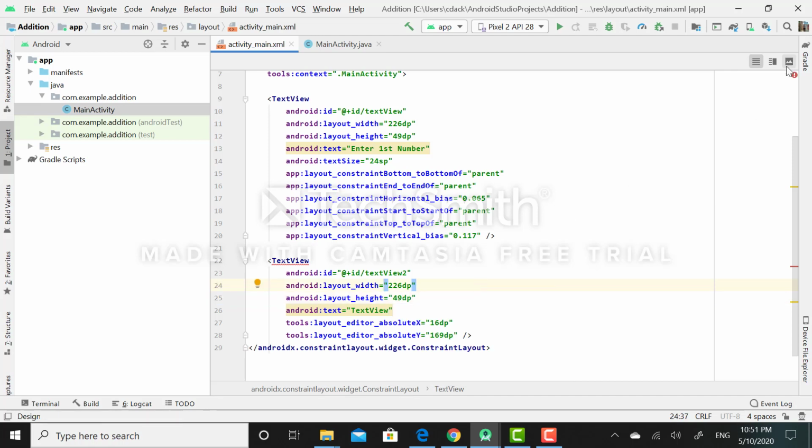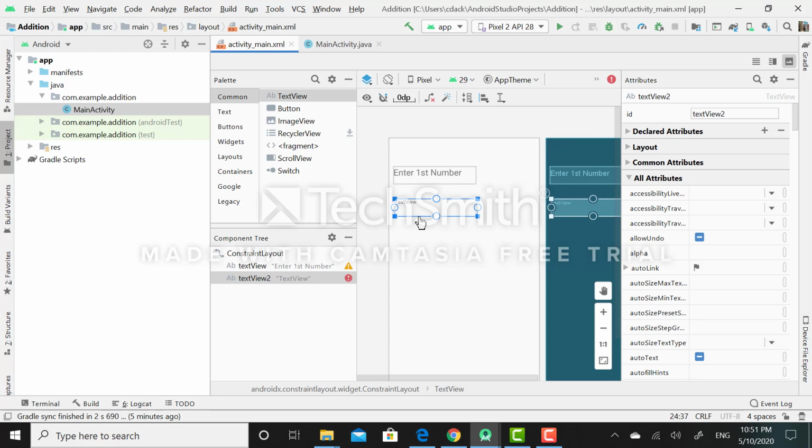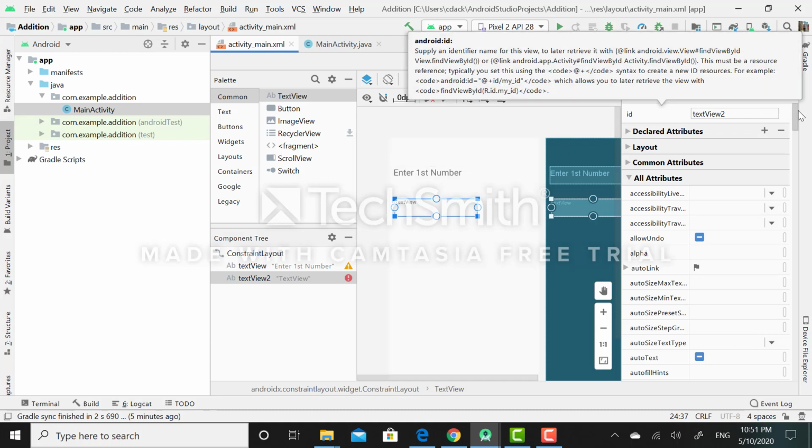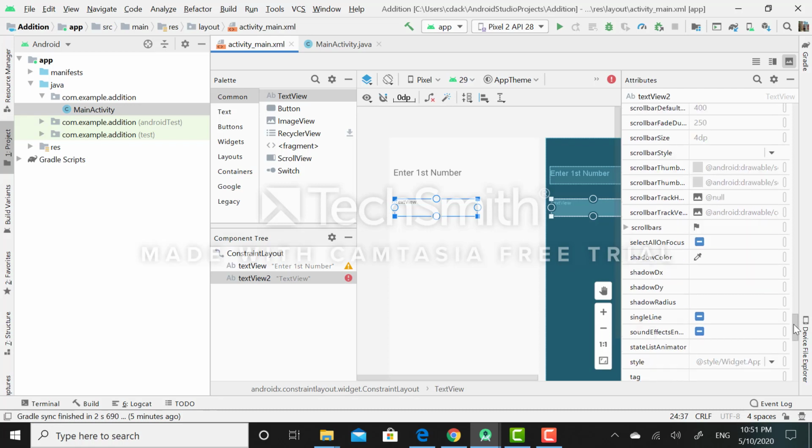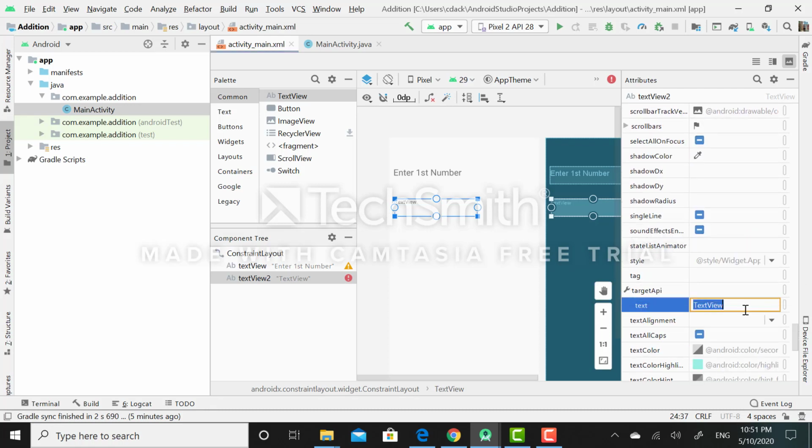Again I will switch back to the design mode. Now you can observe that both widgets look alike. Again I need to set a message on this second text view. For that purpose, again I will select the text attribute of this text view widget. Here I can enter my next message, enter second number.